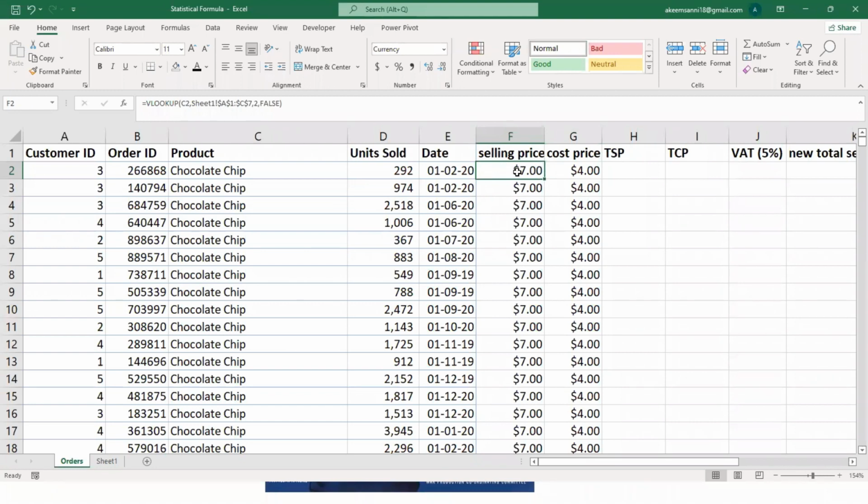So if one of these phones costs $4 to produce, and we are selling it at the rate of $7. So one, the cost price is the $4 that we used to produce it. That is the cost price, right? And $7, that is the amount we sell it, right? So this particular phone, we produce it at the rate of $4 and we are selling it at the rate of $7.